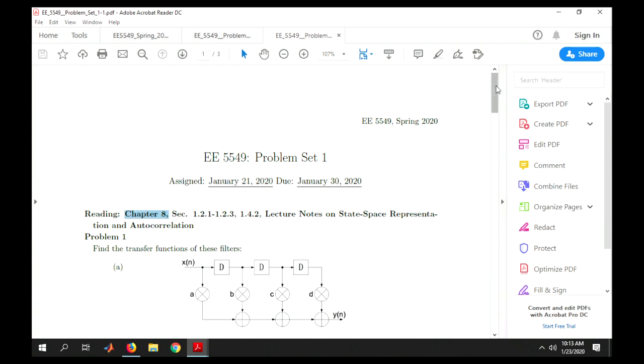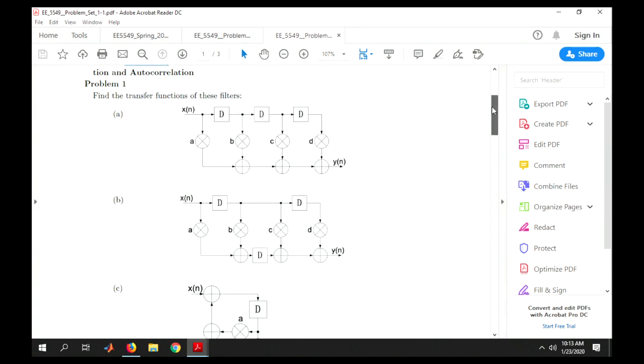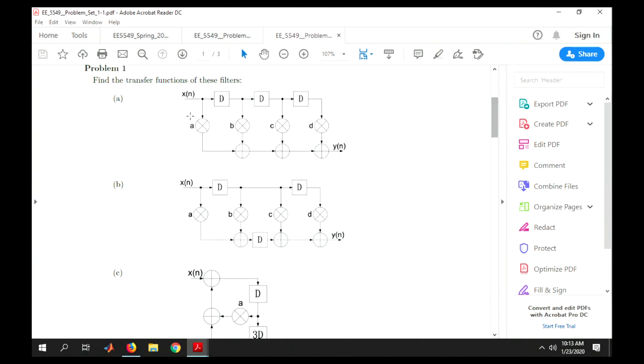For the first problem, we are describing this. You can see here this is a third order, or 4-tap, FIR filter. This is again a similar filter. Third order, there are 3 flip-flops, 3 states, so third degree, 3 or 4 tap.